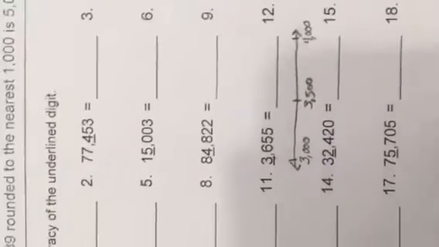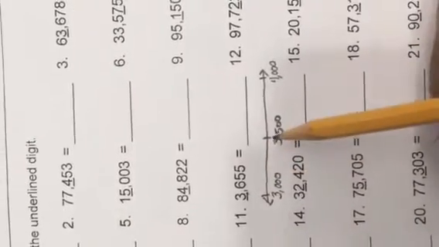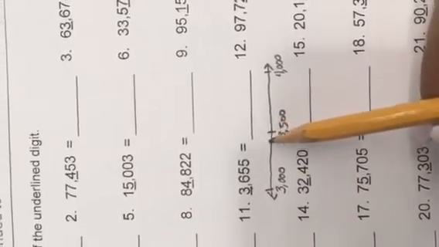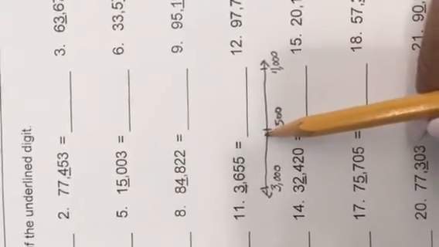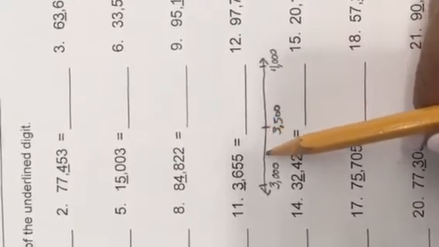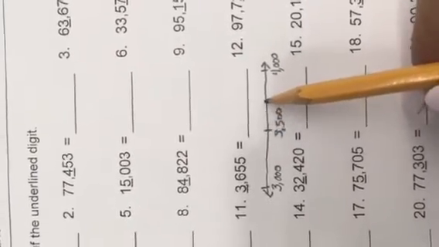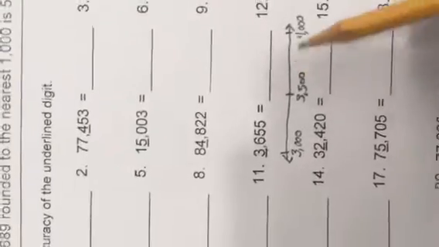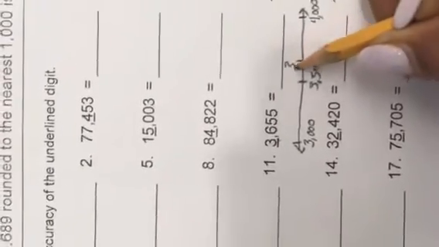Then I must consider whether 3,655 would be less than 3,500, which is what we call our middle benchmark. Would it be less than 3,500, or would it be more than 3,500? Of course it would be more, so I would mark it somewhere around here,